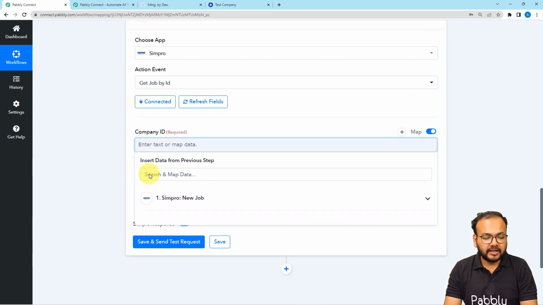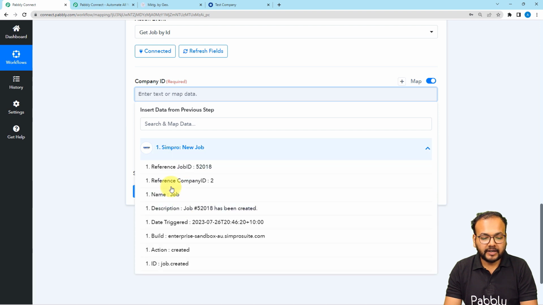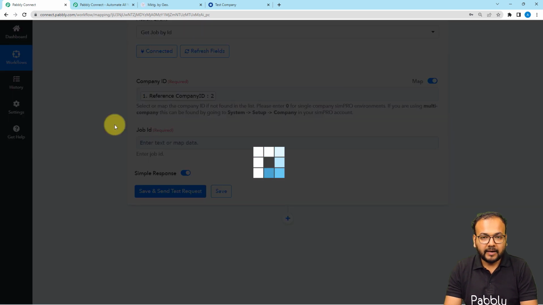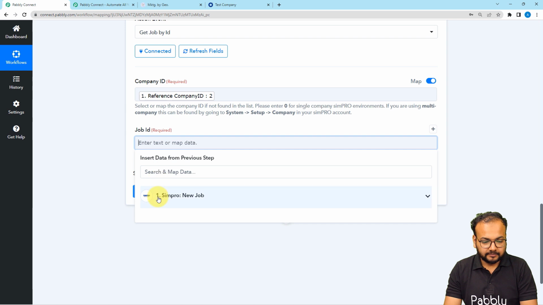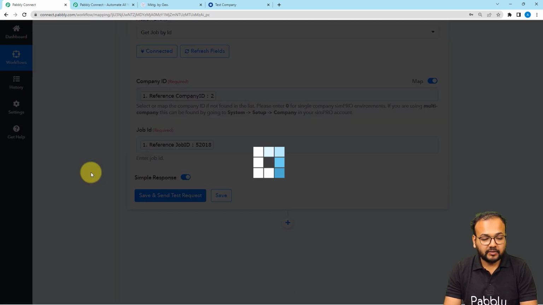And here you can see as I have clicked here, the previous step is appearing in the drop down, and when you click on it you will find the data that you have received in the trigger. From here click on this company ID label to map it. Similarly I am going to map the job ID as well. Okay, right after that click on the save and send test request button, and you will get the response in which